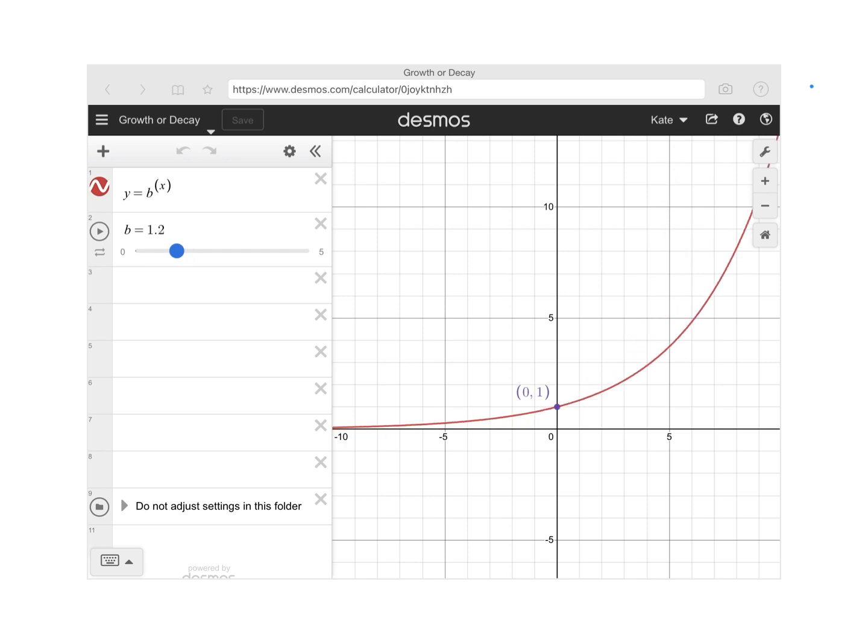Look at it now. When I get to 1, check it out, it's exactly a horizontal line, and now when it's less than 1, it's actually decaying. Your population would be decreasing if we're looking at a population, and the steeper that it's declining. So for what values of b is that true? Well, it's decaying, it looks like, when it is